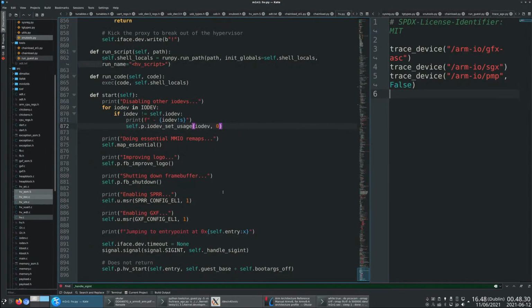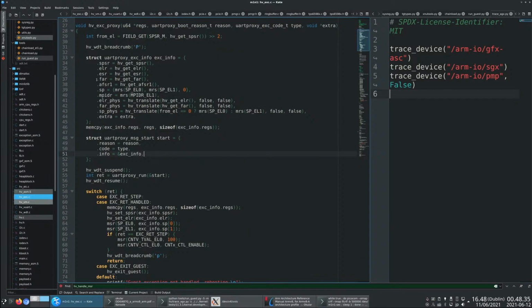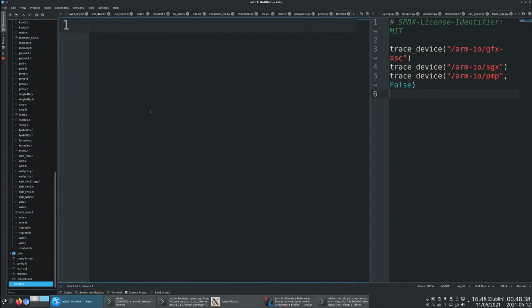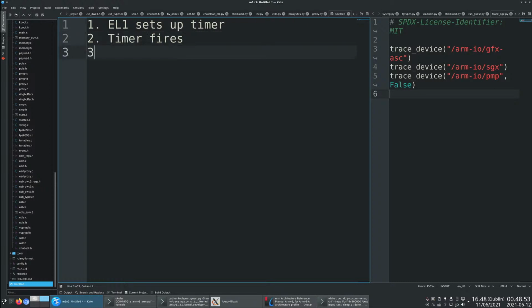So the timer thing confused you. Yeah, so let's go back to what the timer issue is. So the timer is controlled directly by the guest, but I trap the interrupt, right? So the guest sets up a timer, and then the timer fires. Now I'm trapping the FIQ, so the hypervisor handles the timer, and then the hypervisor sets a virtual FIQ,